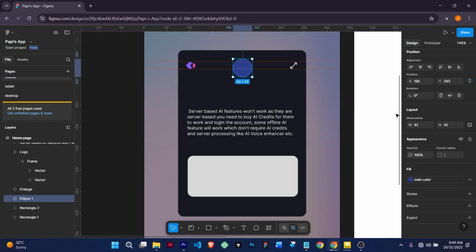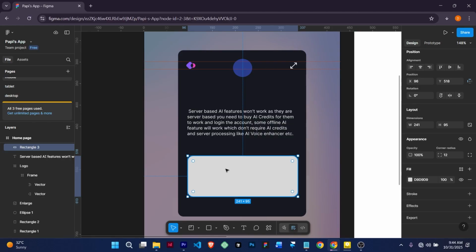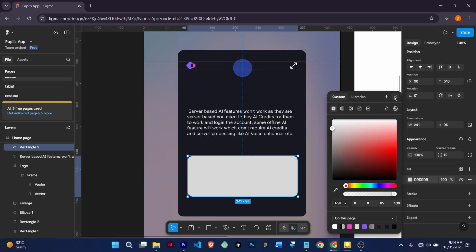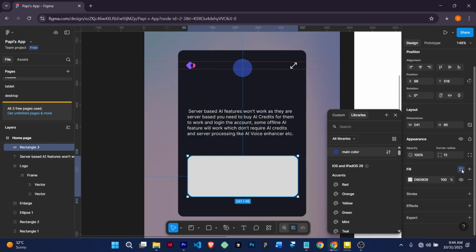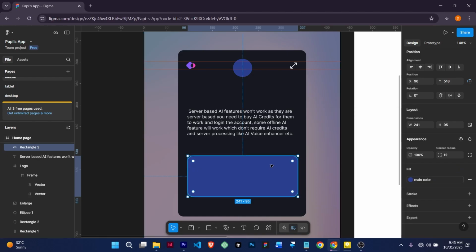So let's close this panel, and now let's go back to this rectangle, and we are going to click the style panel here. And as you click, we can see the main color here, and when you choose it, it will automatically be applied to this rectangle without you manually selecting the color. So let's go ahead and align it centrally,